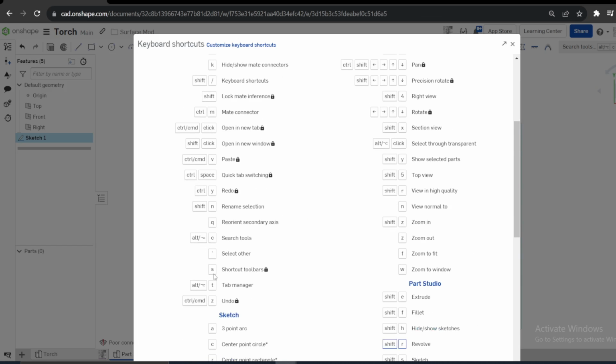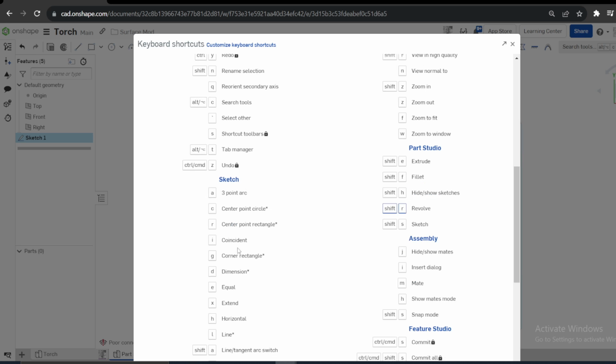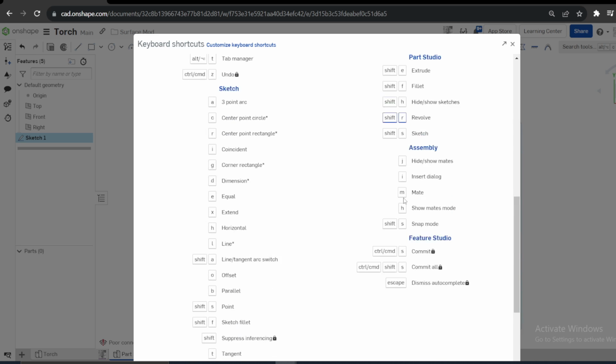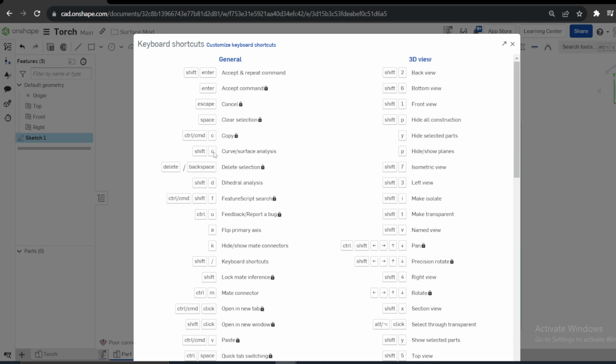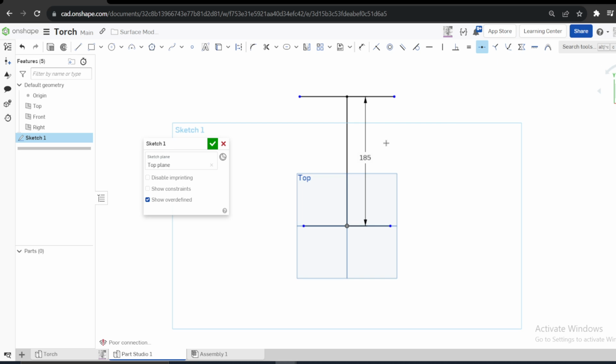When sketching, I used L for line. Let's look for the P. P for planes. You can see P is hide or show planes. I'm using P most of the time to hide and show planes. Then this one is for the construction. You can see convert this to construction, this, this and this. Okay,